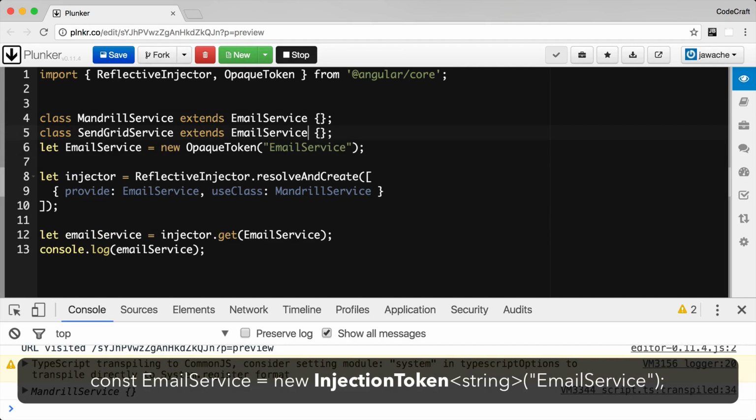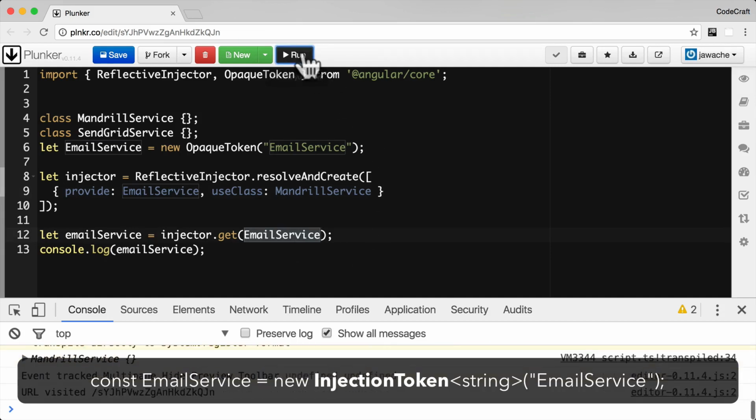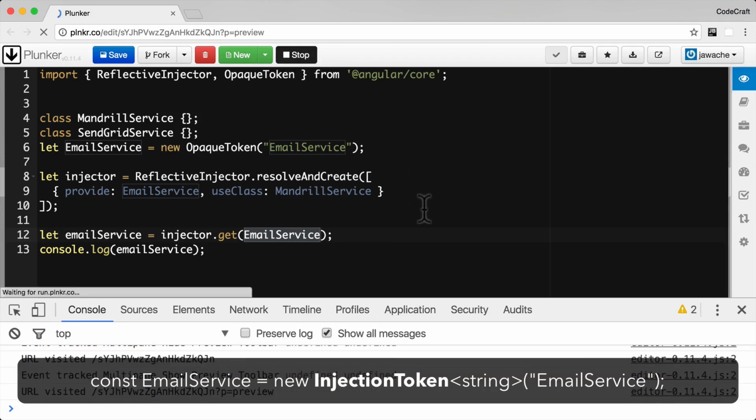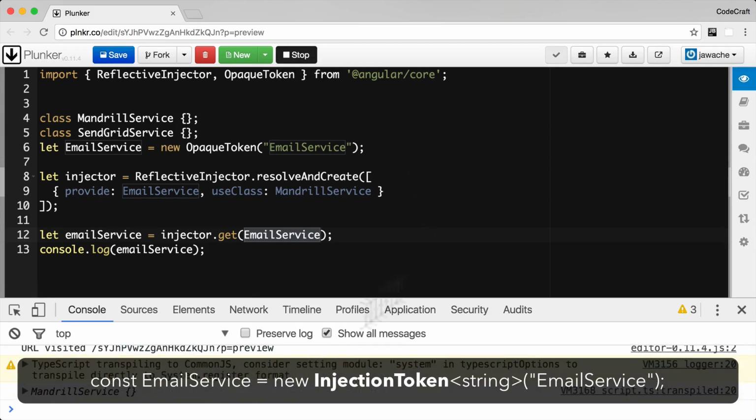And since it's not a class anymore, we can remove the extends. And now we can use the email service variable wherever we would use the token. So we can provide it in a provider, and we can pass it to the injector when we want a resolution. And if we run this, it should work as normal, and we should get mandrel service printed to the console,